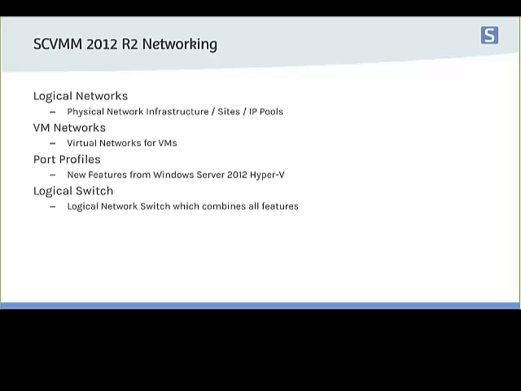And then you have these port profiles. You have two types of port profiles which come with the logical switch. And you have this uplink port profile, which is basically a physical port profile. So you can configure the tuning configuration of the Hyper-V server, for example, in that port profile. And on the other side, you have the virtual port profile, which configures the virtual network adapter of the virtual machines. So, for example, QoS settings, security settings, or performance settings for the virtual machine itself.